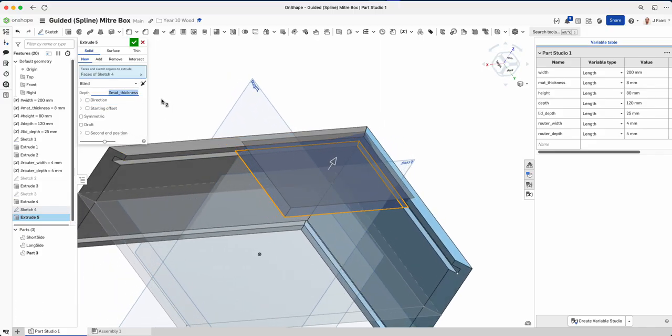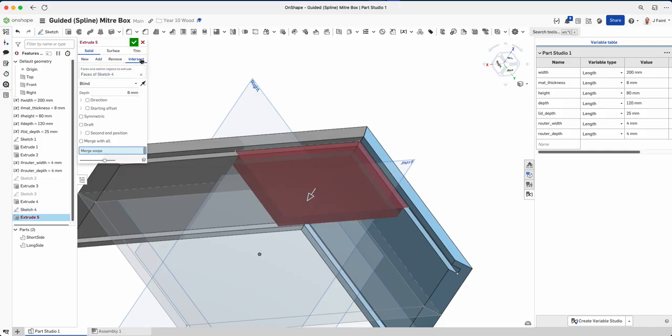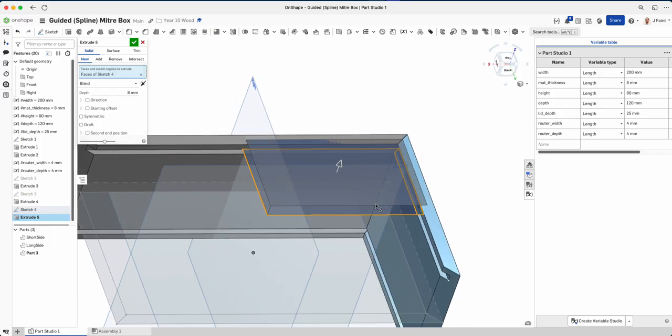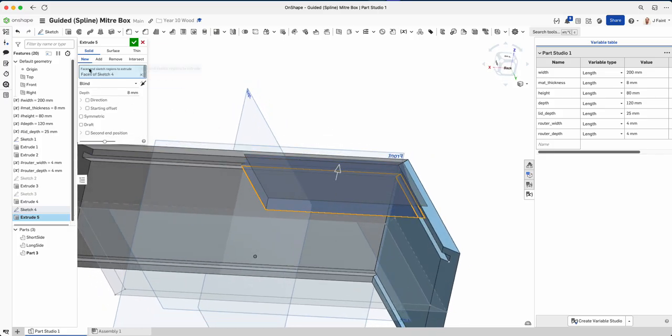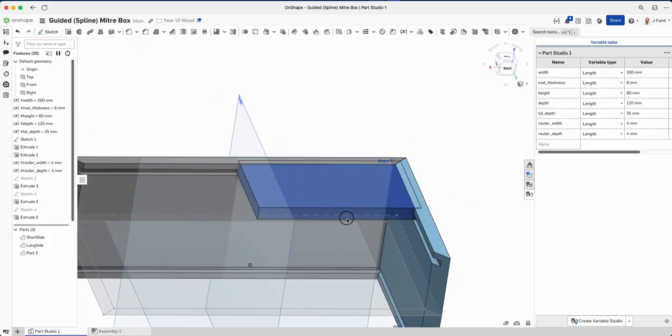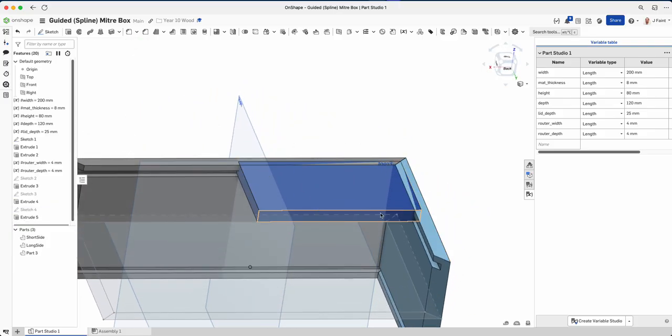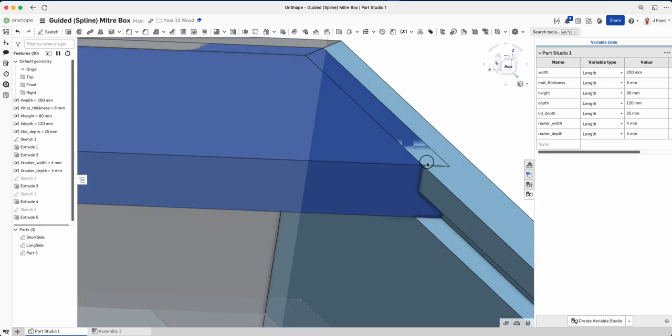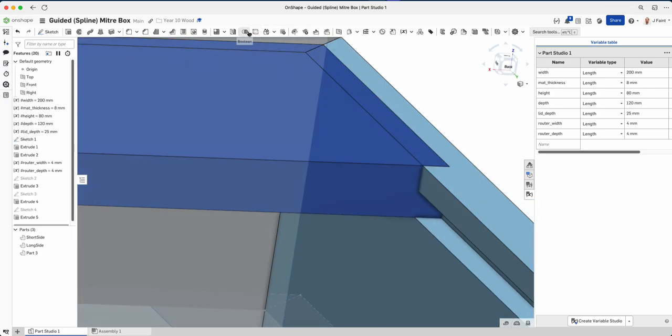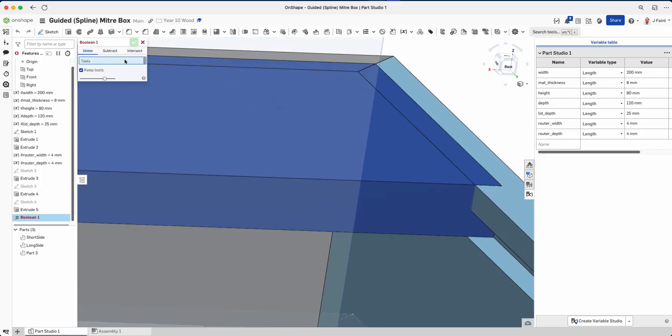and that looks good. We could try intersect, but we're not going to play with that, so we're just going to make a new one here, and we'll do a boolean after that. So we're creating a new one, hit tick on that, and that's going to be my top or base. The thing that I need to do with that now is, you can see that it's intersecting with that. If I use the boolean, I want to be able to